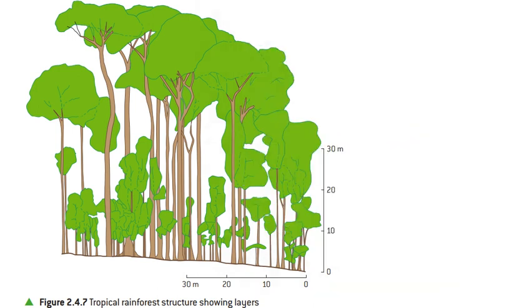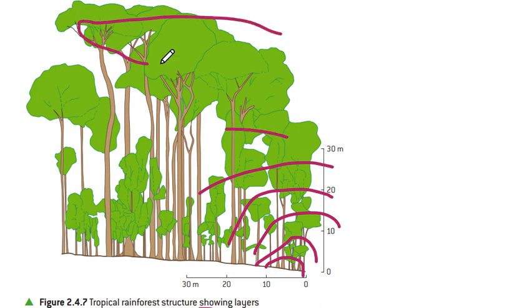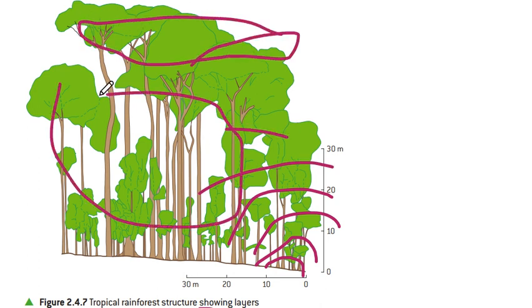You can see it says layers of the trees. There's going to be a shrub layer, which is going to be down there. Then there's going to be another layer, and another layer. Similarly, these are going to be the tallest trees, which are going to block the sunlight for the trees below. So yeah, that's what it goes like.